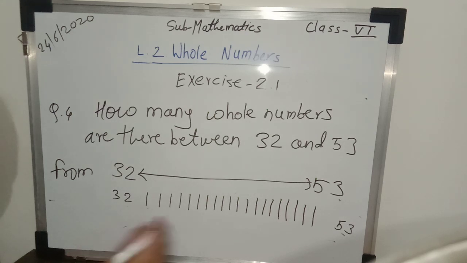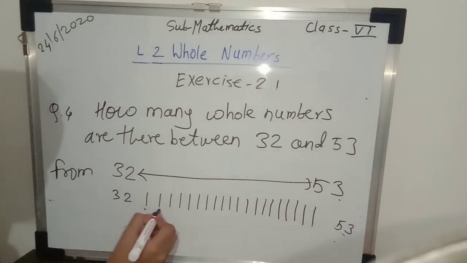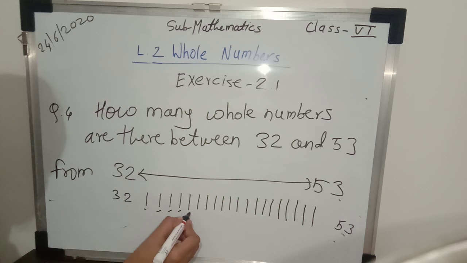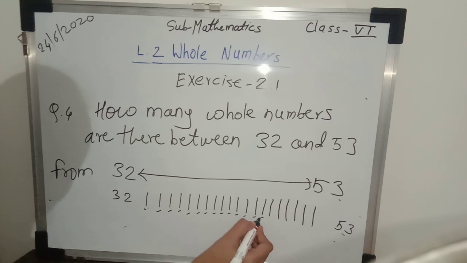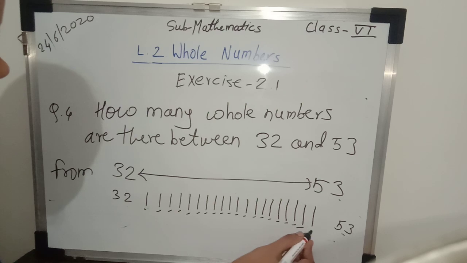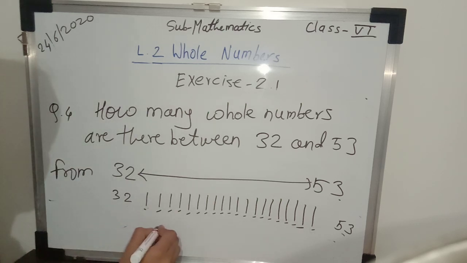Now let's count how many lines there are: 1, 2, 3, up to 19 and 20. So there are 20